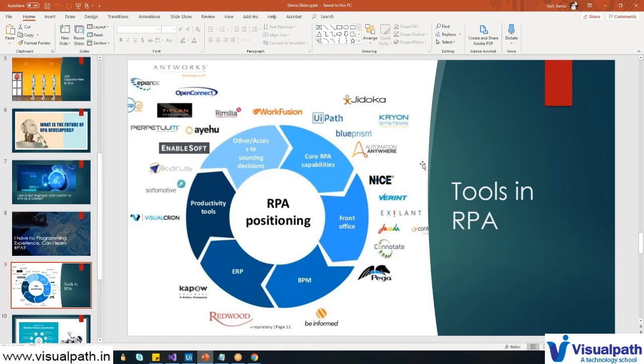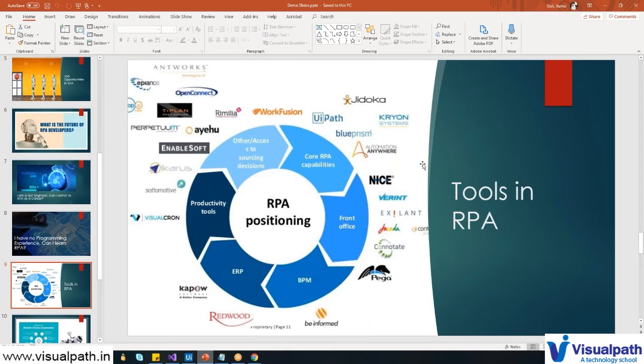Okay. So when we discuss more about these tools' differences, I can show you more details on how each is different from the other tools. Even when we are doing some task, I'll show how you do this in Blue Prism or how we do it in UiPath. You can see how difficult it is there and how easy it is here in UiPath.